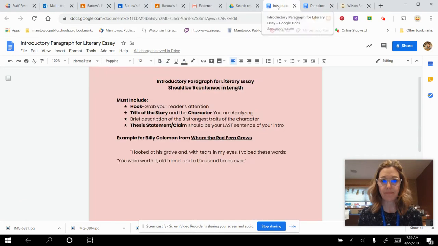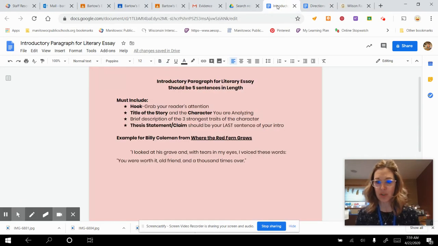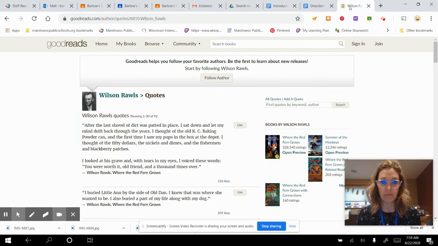So what I wanted to do is just show you one more example of how we can do this intro paragraph. I'm going back to Where the Red Fern Grows, and I'm going to use Billy Coleman. Before I started my lesson today, I Googled quotes from Where the Red Fern Grows.